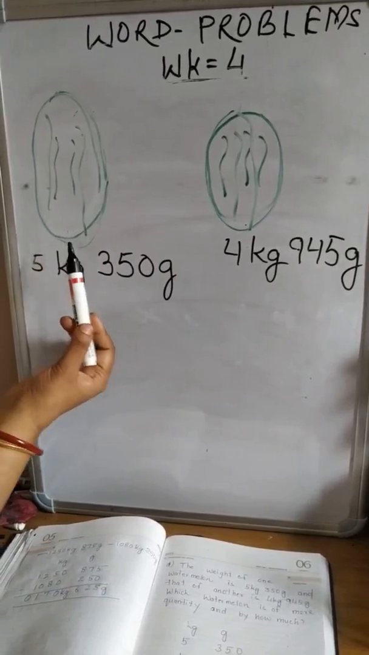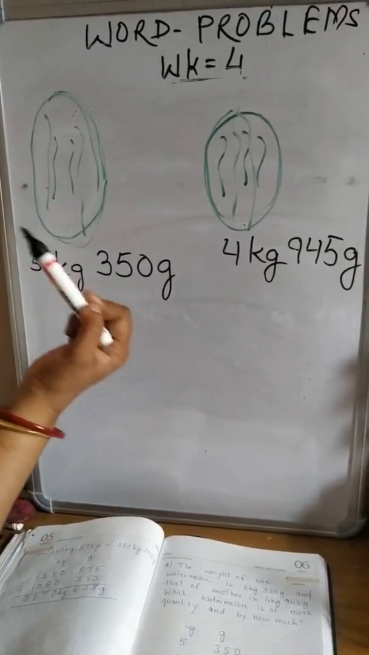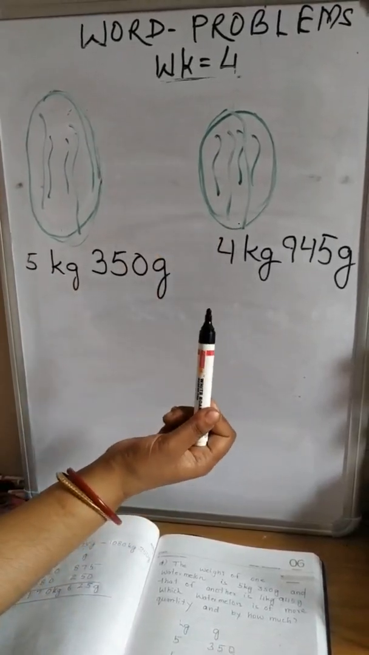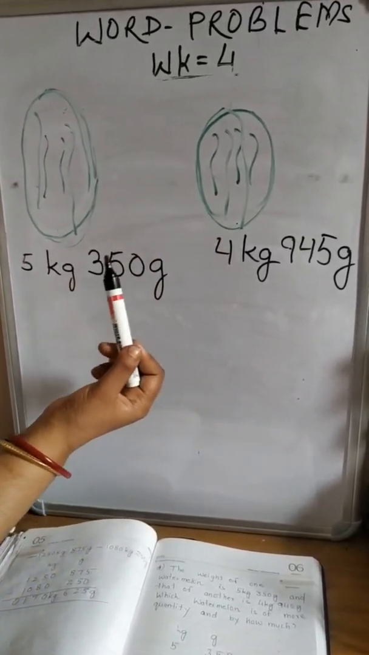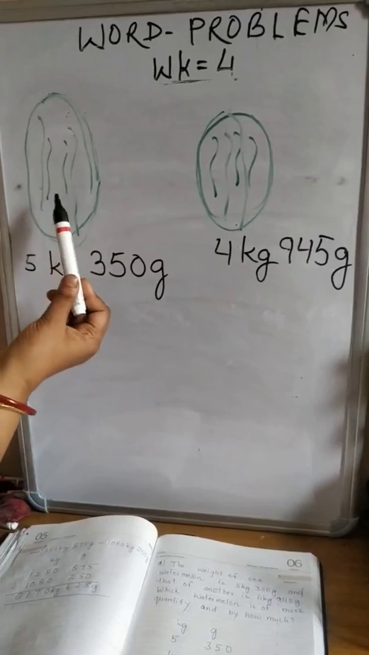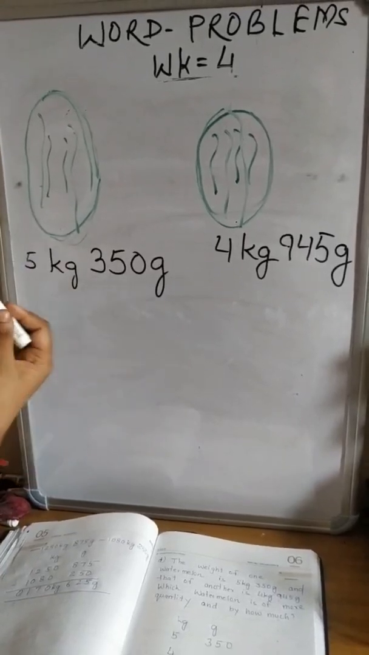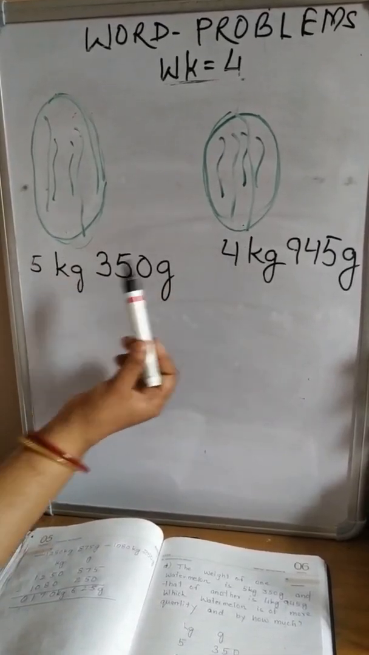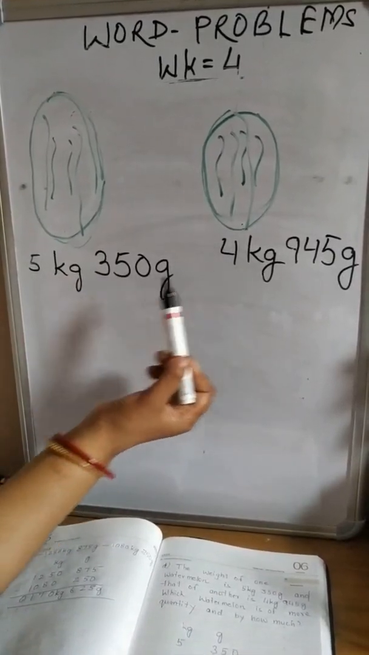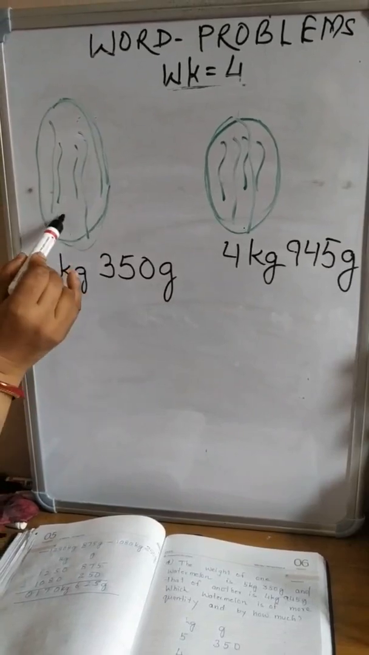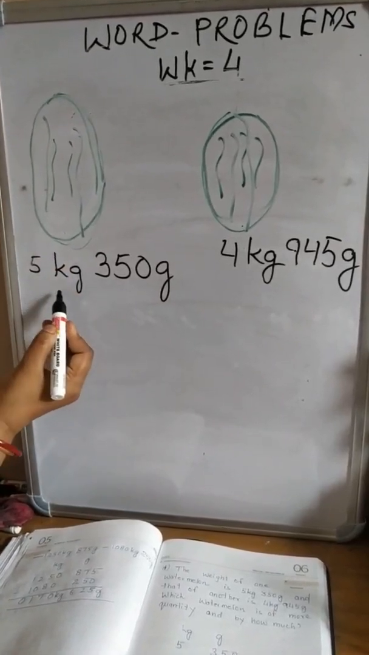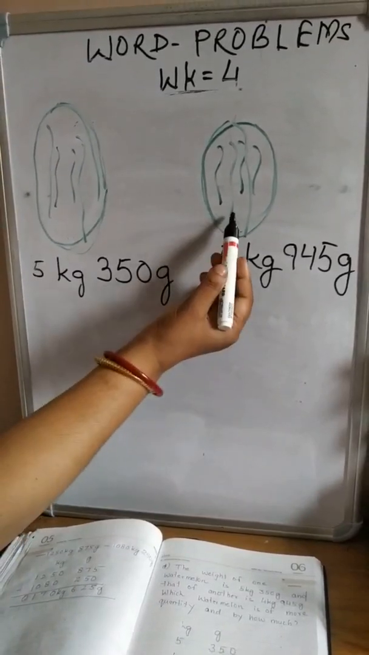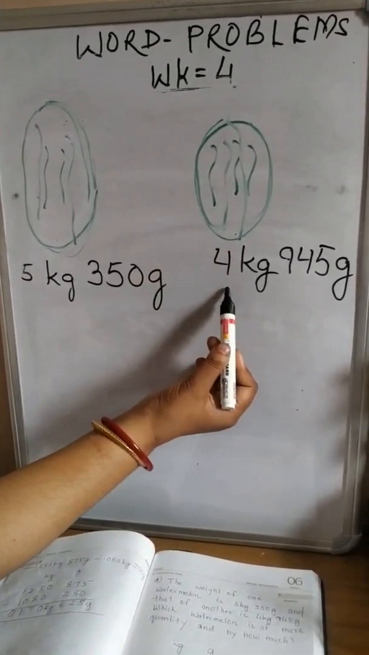This watermelon says, I am heavy. My weight is more. And this watermelon says, my weight is more. So now children, you decide which one is heavier. So here, whenever we are doing the comparison between the two units, the weight of this watermelon is what? 5 kilogram 350 gram. And the weight of this watermelon is 4 kilogram